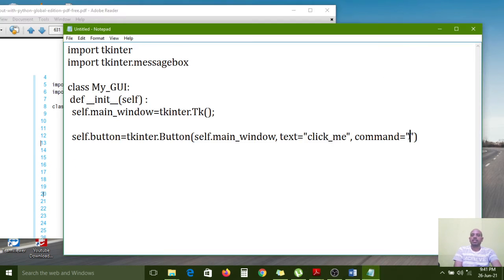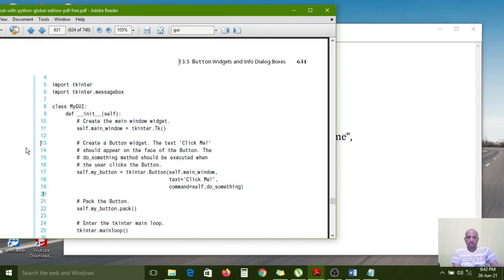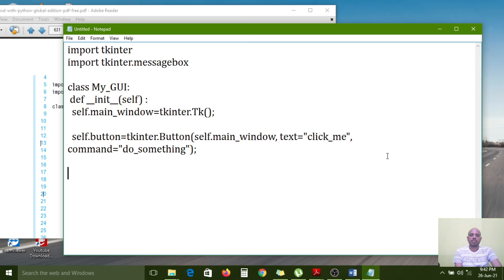So for that, do_something without parentheses. I am passing the function name here. Right?